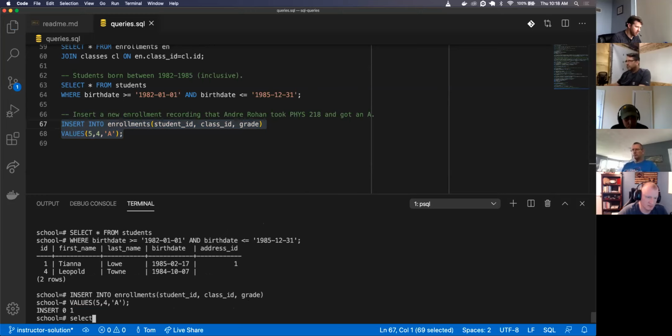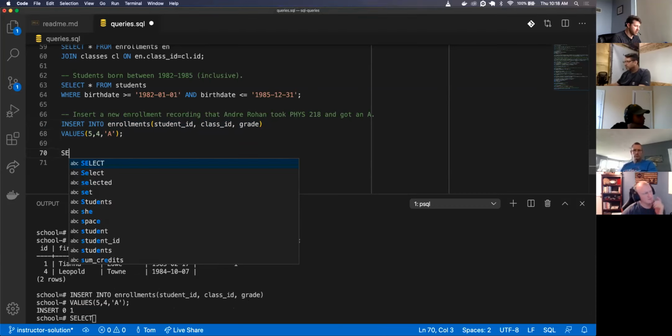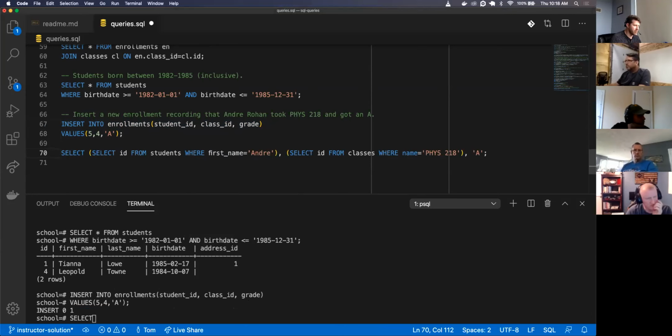So I can do select. What is it? So I want to make sure. Select. Now, what's the query for that? You could do something along the lines of select from, well, I think we did something similar where somebody else received an A. So I'm selecting the ID from students where first name. So let's look at this.